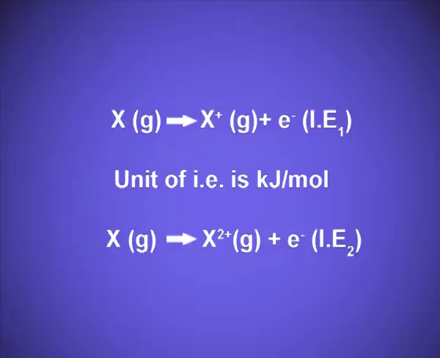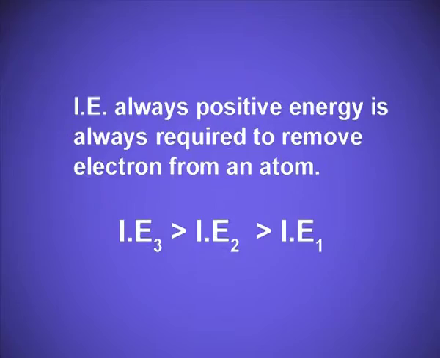If we want to remove one more electron, then that ionization energy is known as the second ionization energy, and when we remove the first electron, that is known as ionization energy 1 or the first ionization energy. Ionization energy is always positive because we always need energy to remove the electron. Ionization 3 means the third ionization energy. What is this third ionization energy? It is the energy required when we are going to remove or pull out the third electron.